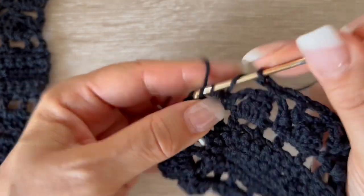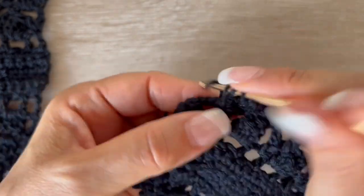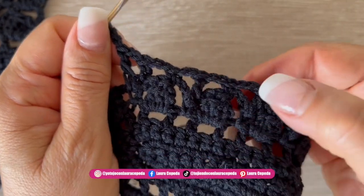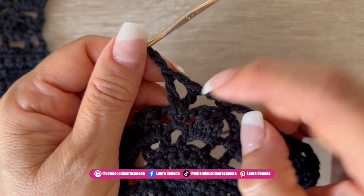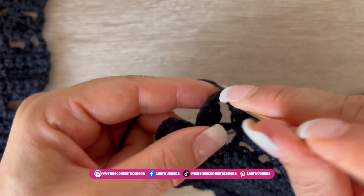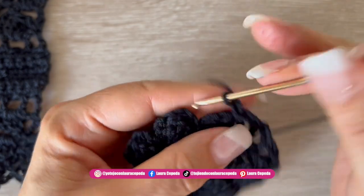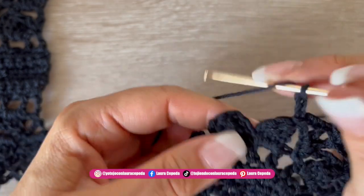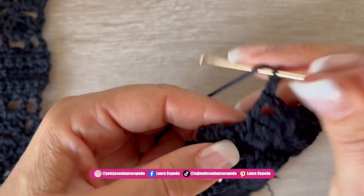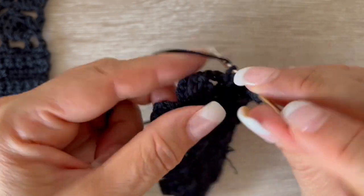So what we are going to make is a V, so 2 chains, and in the same place where we made this double crochet we are going to make a second double crochet together, then 2 chains, and where we are supposed to make the double crochet, right there is where we are going to make the V to increase, right? So single crochet, 2 chains, and again we are supposed here to make a double crochet, but instead to increase we are going to make a V right there,